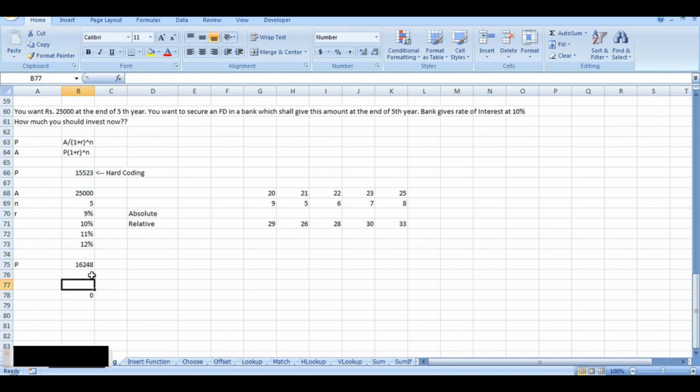In this case, we will be requiring absolute referencing, because in this case we don't want our A to change, we don't want our N to change, but we want our R to change only. So when we have put the formula, we'll have to freeze these two, means we don't want to change them, that is called as freezing. Now A is given into